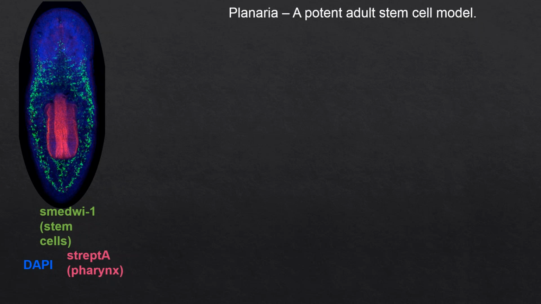So obviously there's a lot of different tissue types in these animals, even though just by eye they don't look like much. They've got musculature and nervous system and epithelia and gut, pharynx, eye spots, and somehow a little fragment 1/30th the size of the animal, just from the tail, can within a couple of weeks grow back an entire animal. So it's a great model to try to understand stem cell function and differentiation. And